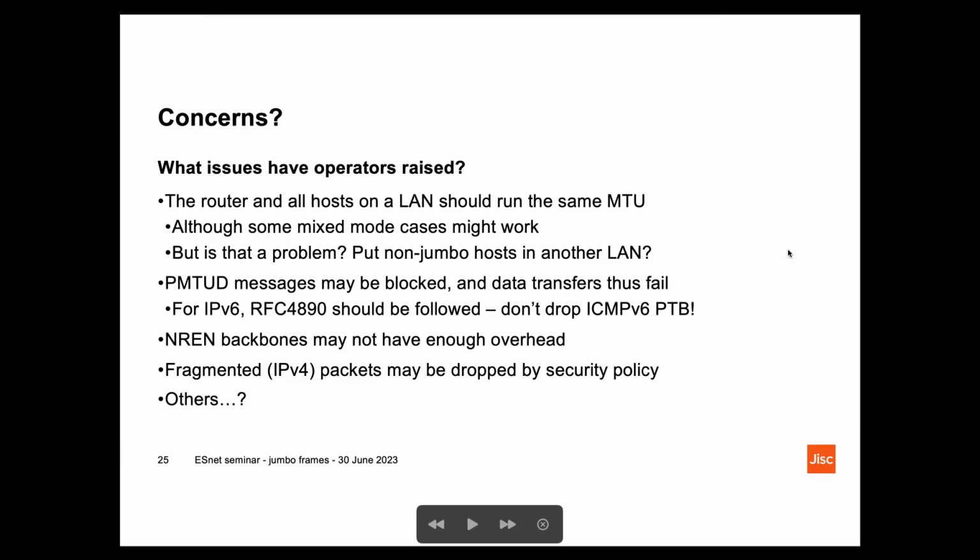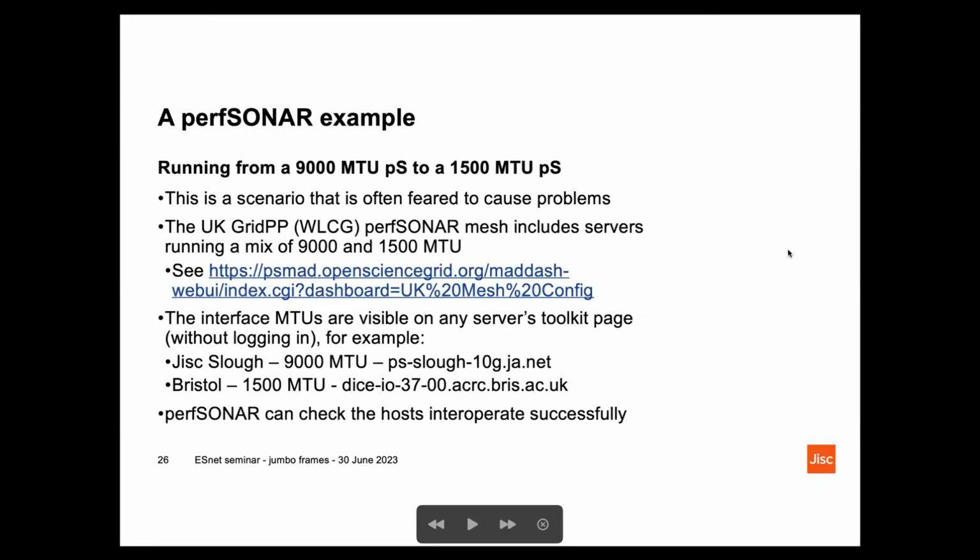I think I've only got 1 or 2 more slides left. Oh no, I've got this persona example. So one of the cases that may intuitively cause people to be concerned who are doubtful about doing jumbo frames is, well, if I go to 9,000 and most of the people I'm speaking to are still 1,500, is everything going to be okay? And from the examples and the testing we're doing, it seems to work well.